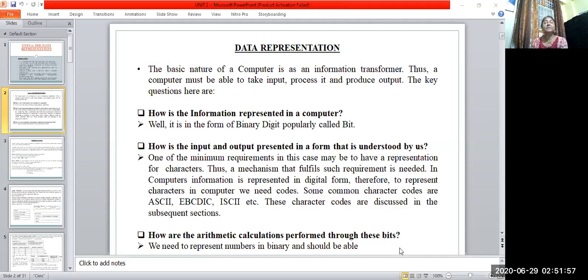So we will also study different types of codes in this particular unit. Not in this particular video lecture alone, because in one video lecture we cannot learn so many things and I cannot explain so many things. So in continuation with this video lecture, in the next one, we will explain step by step each and every thing. Okay? So let us come to the number system.